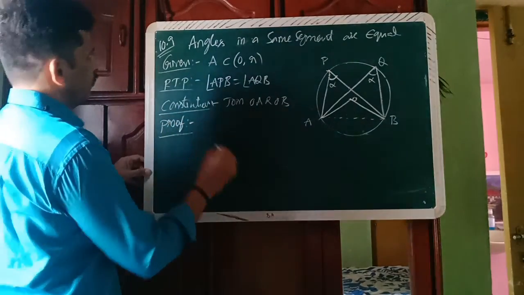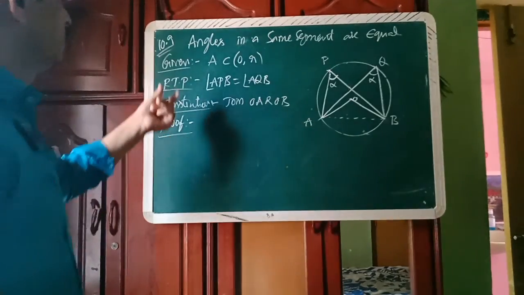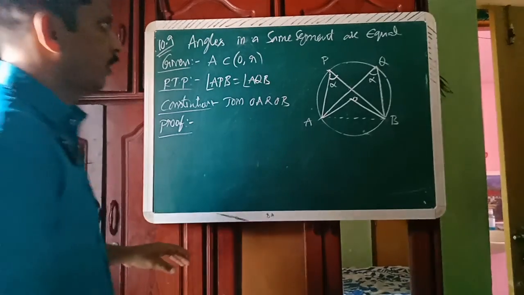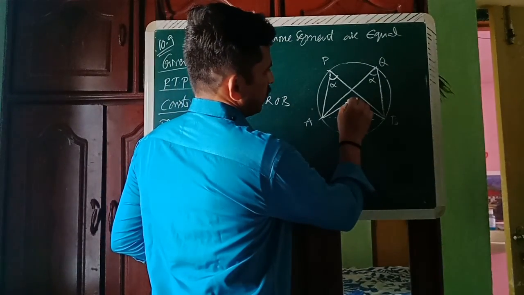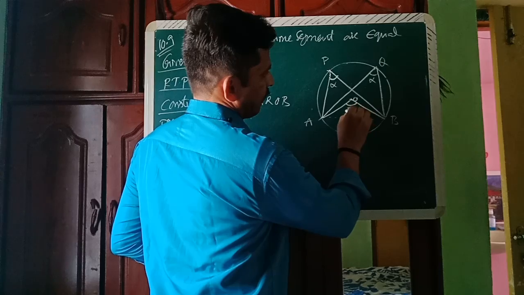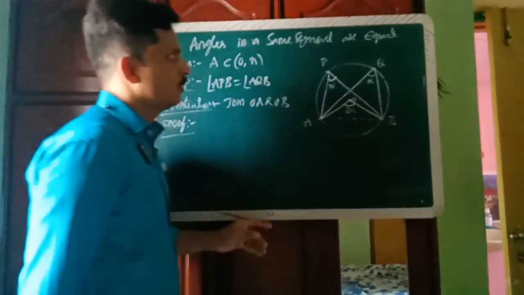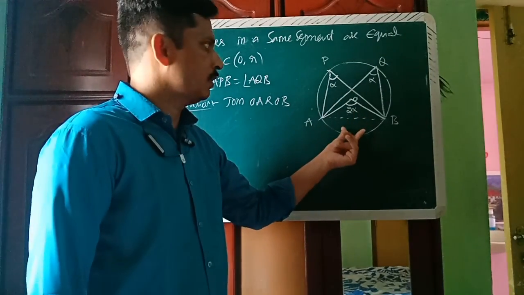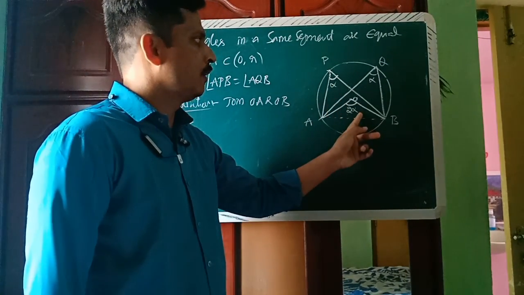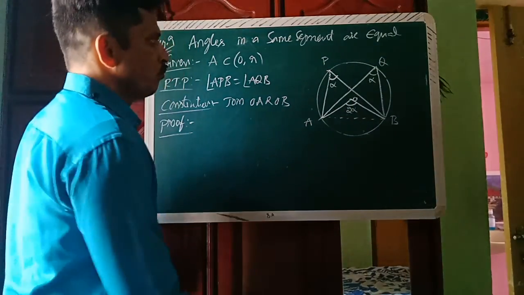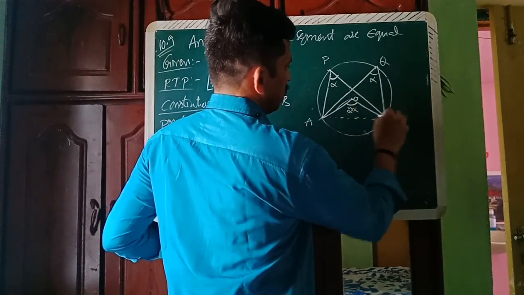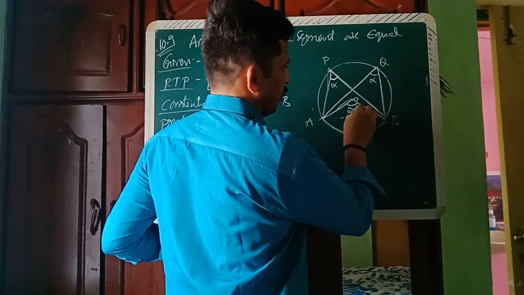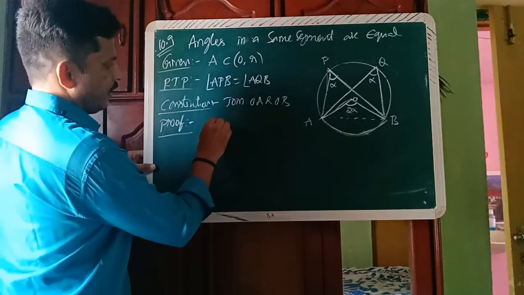This proof depends upon the 10.8 theorem. What is the 10.8 theorem? If you observe, the angle subtended by the arc at the center is double the angle at the remaining part of the circle. So this is the arc subtended by this other segment of the circle, and if we get 2 alpha here...